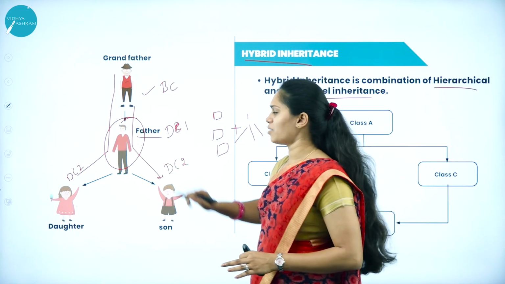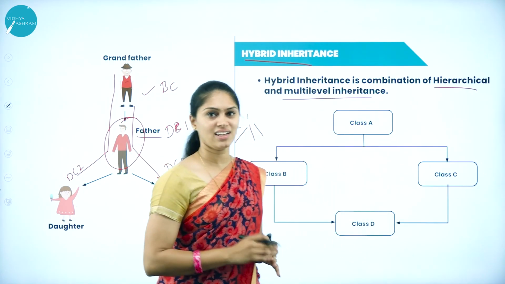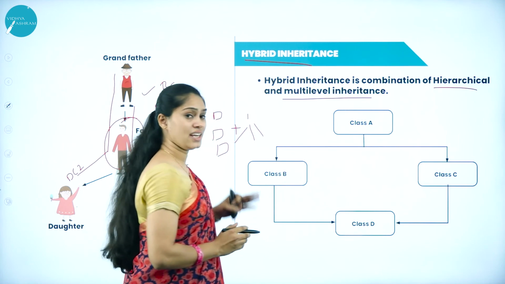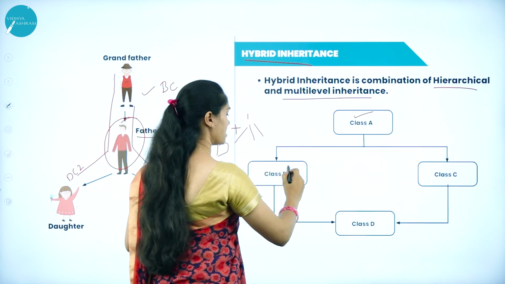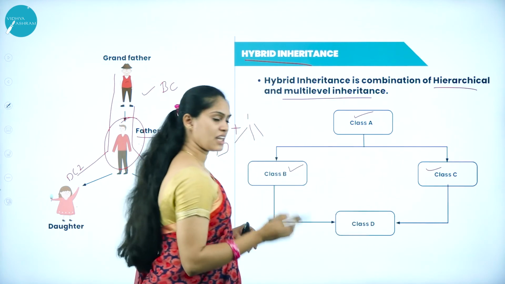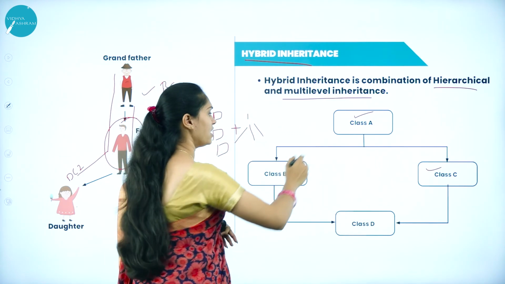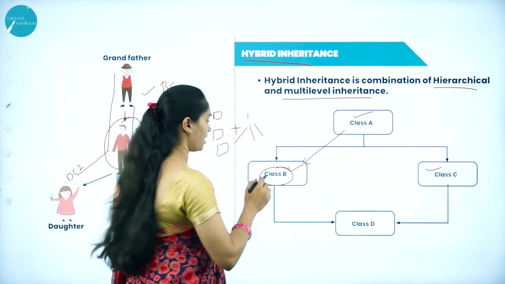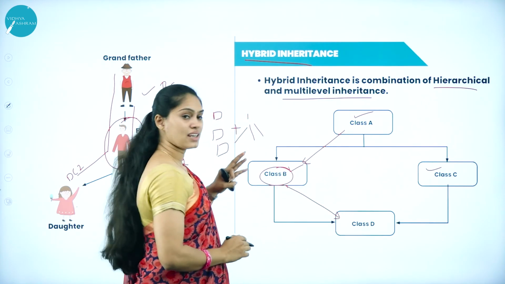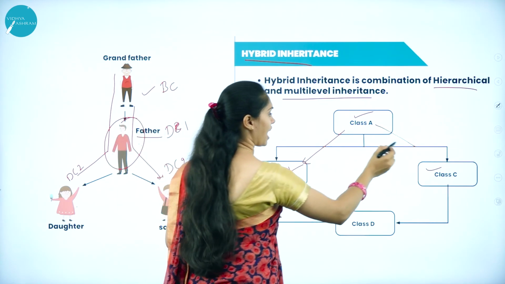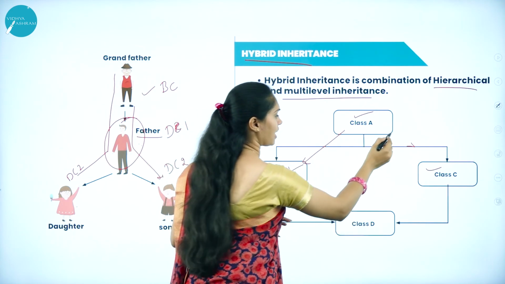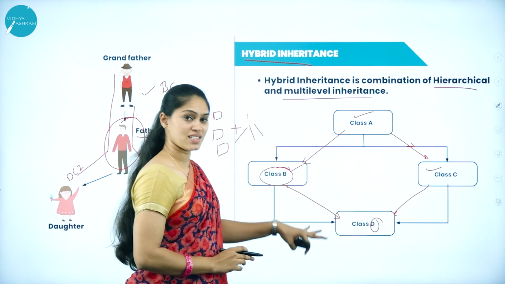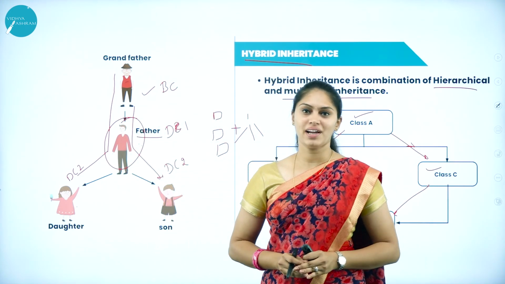Okay, so this example will surely help you remember the concept of hybrid inheritance. Here I have multi-level as well as hierarchical. Here I have only one base class, and it will be derived into two derived classes. If I consider this as multi-level, in this way class A's properties will be acquired by class B, and class B's properties will be acquired by class D. If I come in this way, class A's properties will be acquired by class C, and class C's properties will be acquired by class D. So this is how I can use hybrid inheritance.